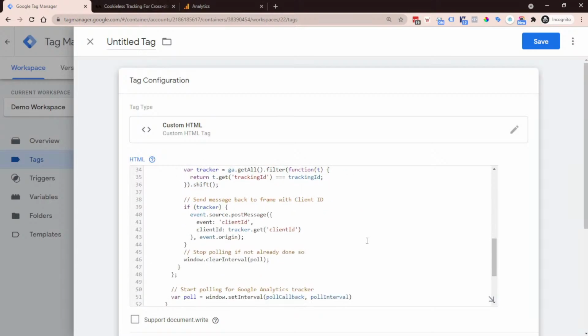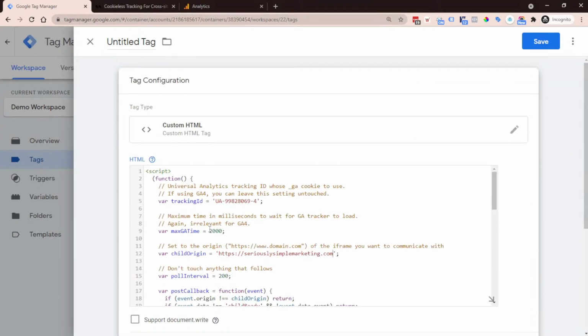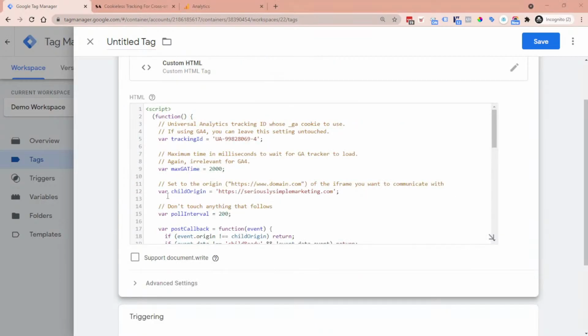So now that is all we do, because if we come back up here to see all these little gold text, it says don't touch anything that follows. So we are going to listen to Simo and his amazing advice and not touch anything that follows. So even though we put the child origin page in here, this is actually the script that's going to be